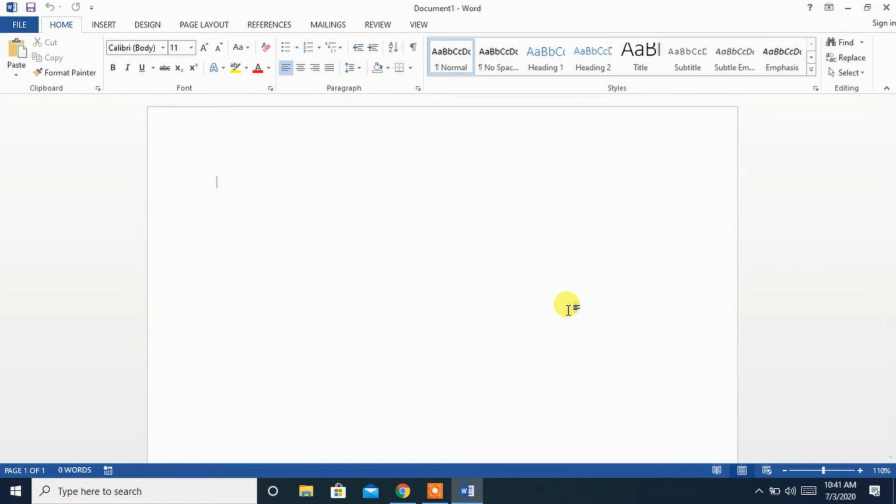Simple thing. After opening this window, just click on this white space using your mouse pointer. Then you can see one line blinking here. That is your pointer. Then I am going to start typing using my keyboard.